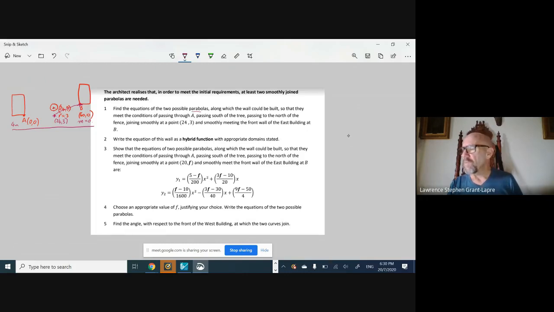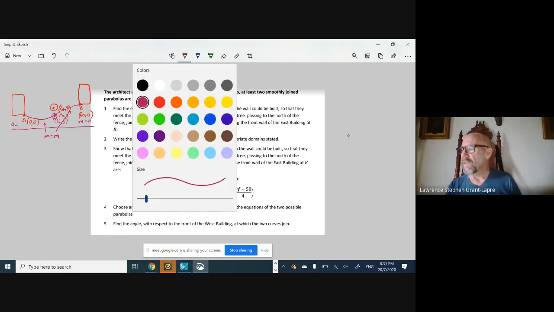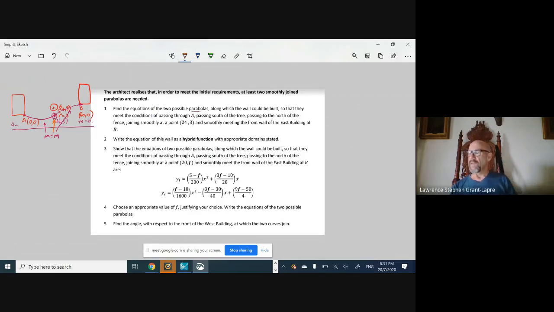The other one is it passes from here and it passes smoothly through there. Now, the parabola here is going to be smooth at that point. So the derivatives match. The derivative of this curve matches the derivative of that curve at that point. We don't know what the gradient of that curve is, so we're going to start with the second parabola because there are three conditions which we do know,